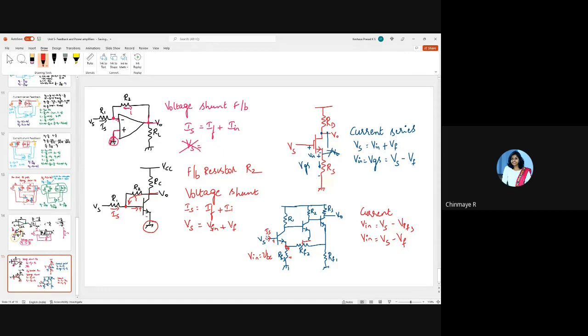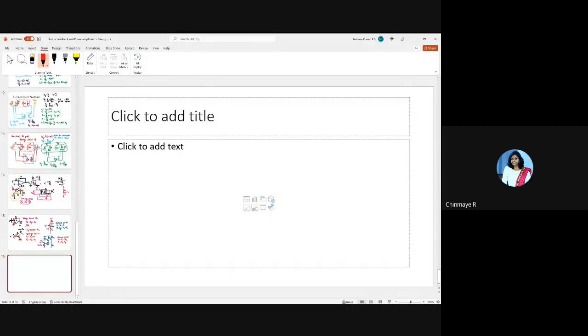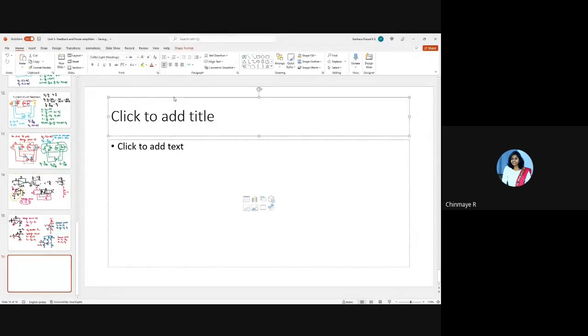So therefore, you will have to try and write this equation at the input. Do you get it? Here you're feeding back the voltage across RF3. So therefore, you're feeding back voltage, which is done in series. So this is current series feedback. It's not current shunt because you're not feeding back current to the input. So I think all of you will actually be familiar with this. I just want to bring this up here because it's very important that you know it before we start solving problems.